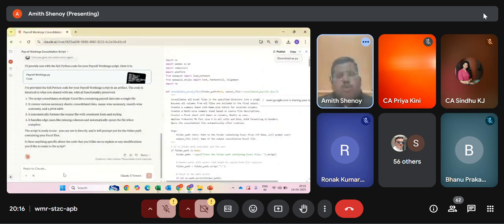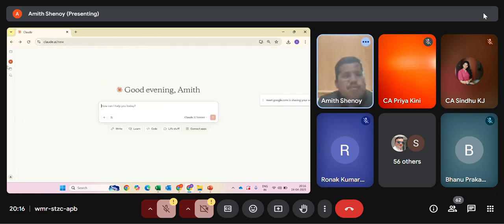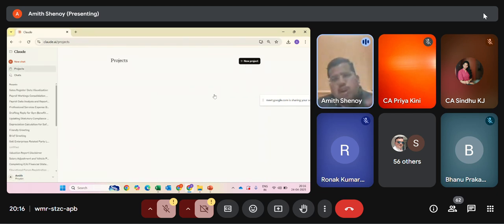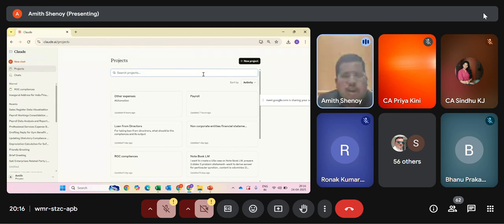It is an art. You should spend some time generating a lot of such Python codes. When you give a try, you will get some errors. And when you try again and again, you will get the desired code. Once you get such desired code, please save it in projects. In GPTs, you have an option called projects. So next time when you want to rework, or use it as an enterprise or whatever, you can use it. You can go and access the same old file, or if you want to rework your existing payroll formula or any formula, you can use it.